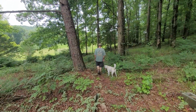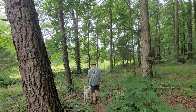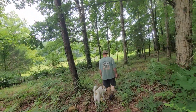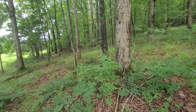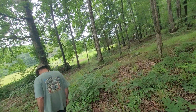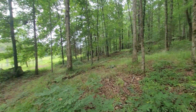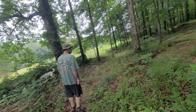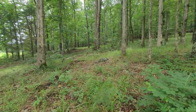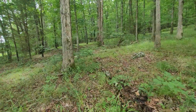So this is the path to where we had our tent and where we saw the deer yesterday. So walking through. Oh boy. It's actually, even after all this rain, just hot and muggy, and not even really a sign that it rained. That's crazy. So groundhog, woodchucks,